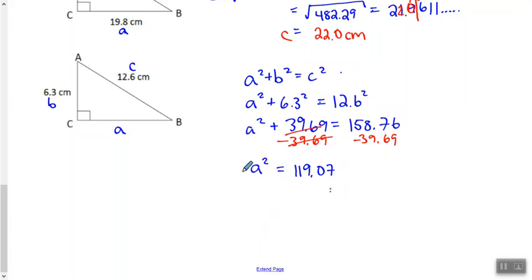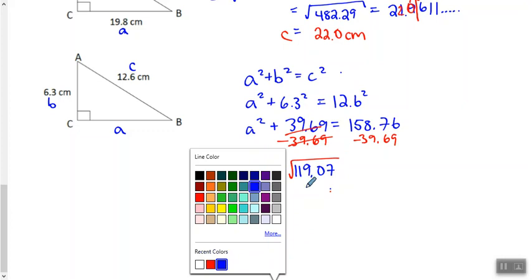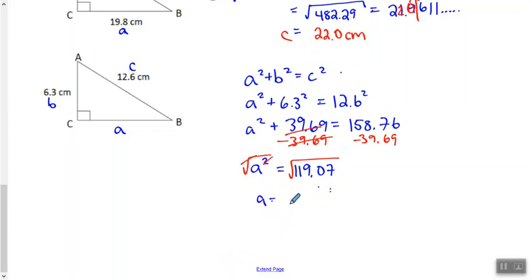Now we are not quite done because this is a squared, not a, so I will have to square root it. So that gets rid of my squared on that side, and I get a equals the square root of 119.07, which is 10.9119, and so on and so forth,